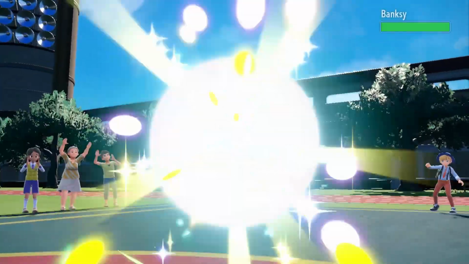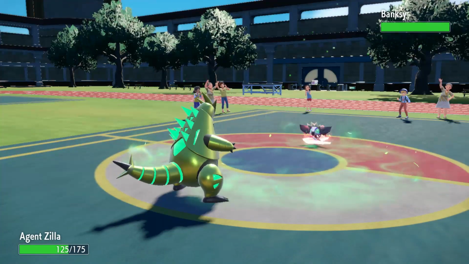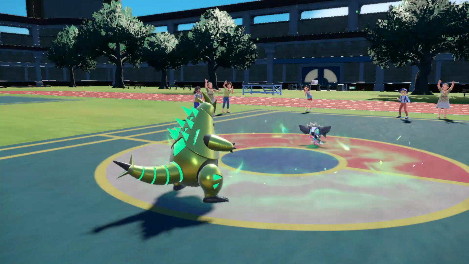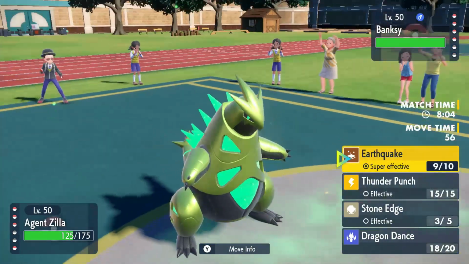And any Earthquakes versus me are weakened. So, in comes the Grafaiai. This is where it all comes down to. They've got their Unburden. I've got my +2. I know they're going to be faster than me, but at the very least I can go for...